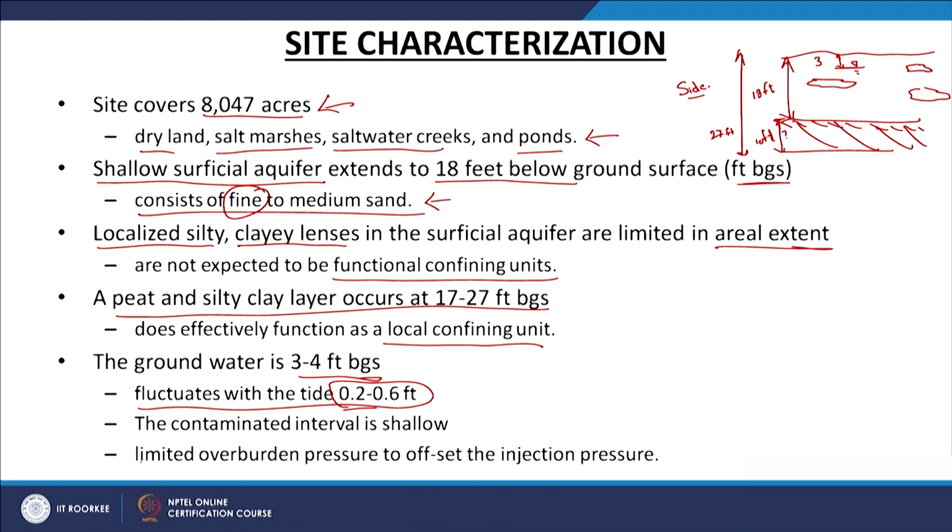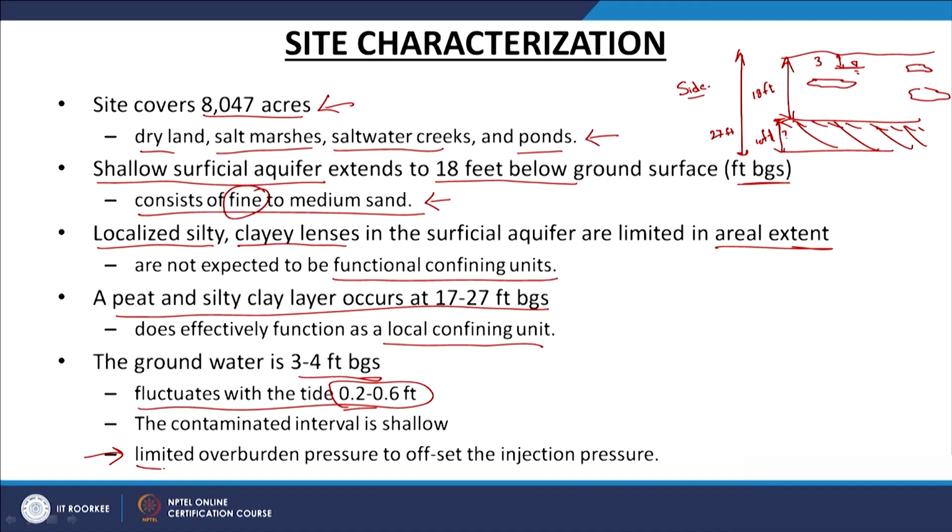So, one advantage that they had at this particular site is that the contamination, at that particular point in time, was limited to the shallow regions. Why is that advantageous? Because limited overburden pressure leads to a requirement for less injection pressure, as in here you need to inject your relevant compound. I believe they are looking at manganese,